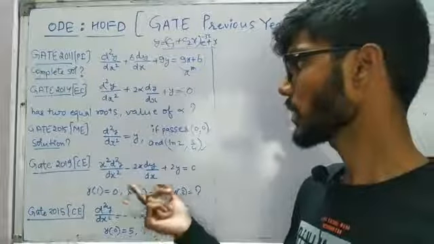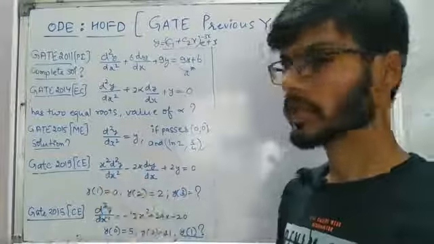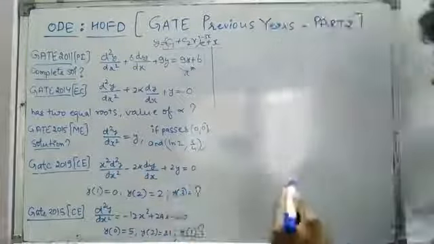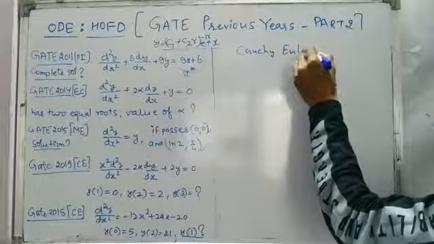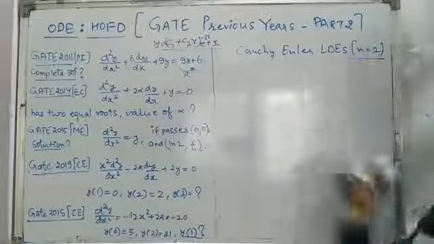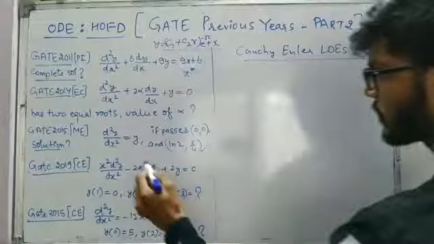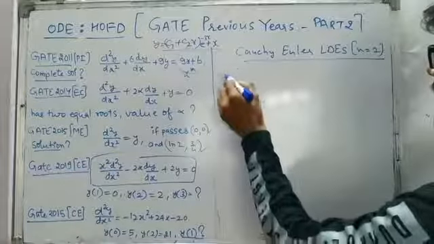So this is nothing but equidimensional, that if we have dy by dx we have x, and d2y by dx2 we have x square. So this kind of equation we call as a Cauchy-Euler linear differential equation, and the order is 2. So whenever you see this kind of problem in front of you, you have to keep in mind that the